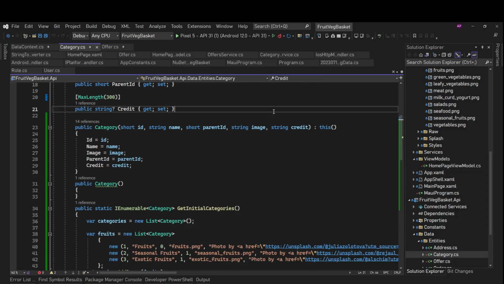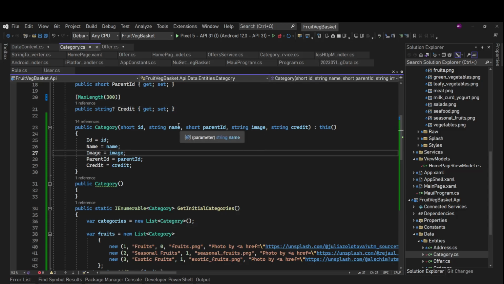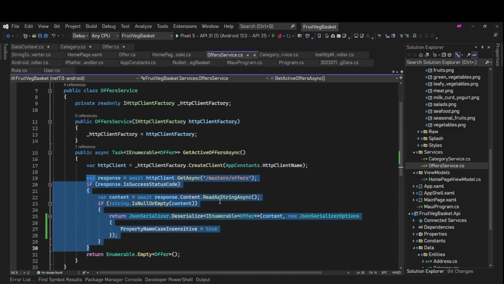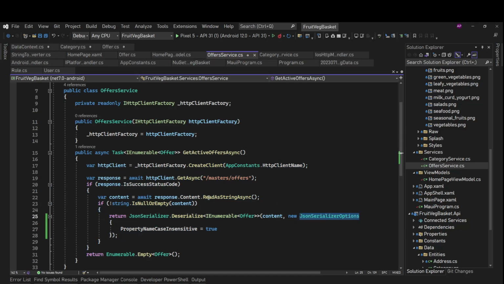Okay, so next thing we'll do, first we'll fix these images. Then second, we'll have a centralized service to handle these HTTP requests, the JSON serialization and the exception handling and all these things. After that we'll continue working on the next part, which is going to be our products list. Okay, so all this we'll do in our next part, and that's all for this part.